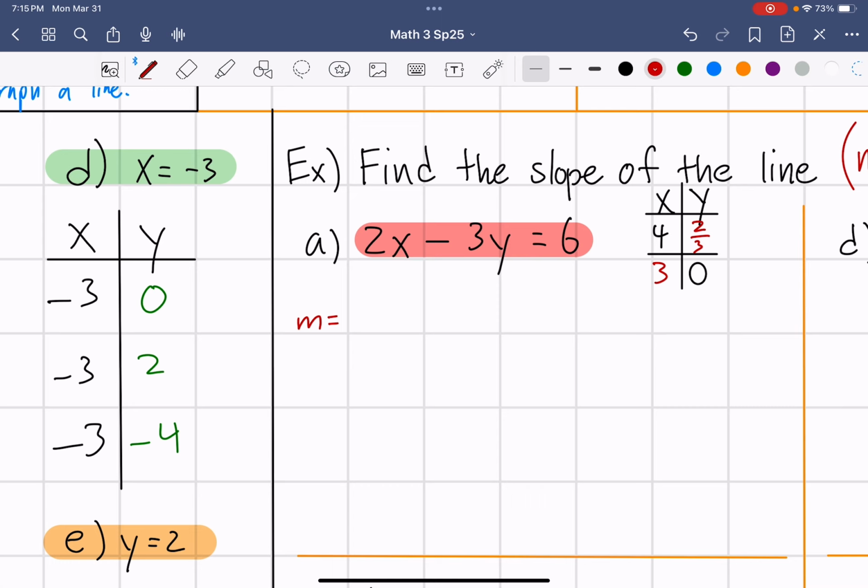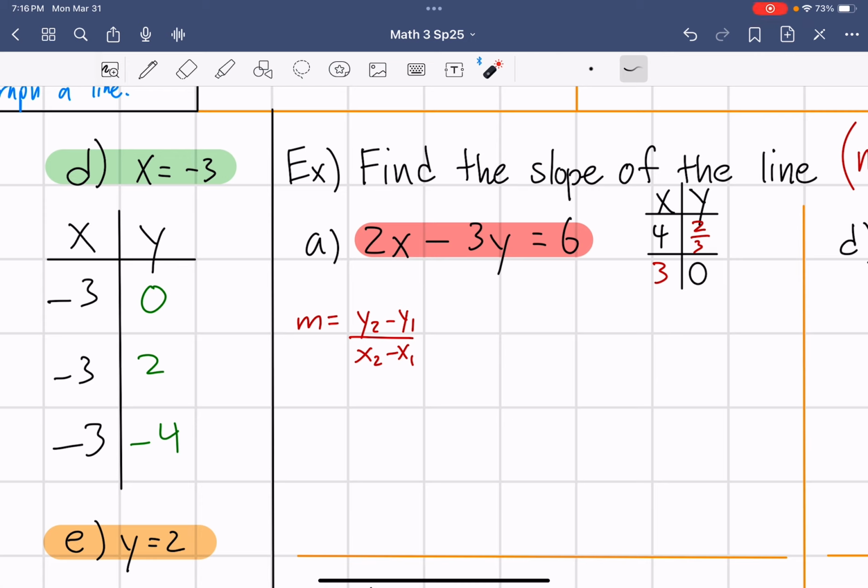We did say the slope formula is y sub 2 minus y sub 1 over x sub 2 minus x sub 1. The trickiest thing about using this is you want to make sure you keep the order correct. Because if you swap this order, it could completely change your